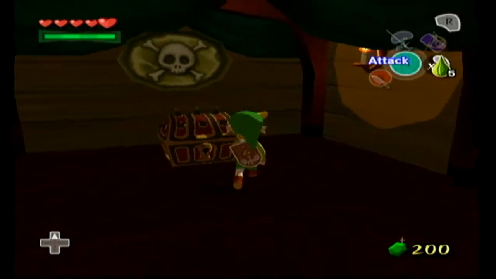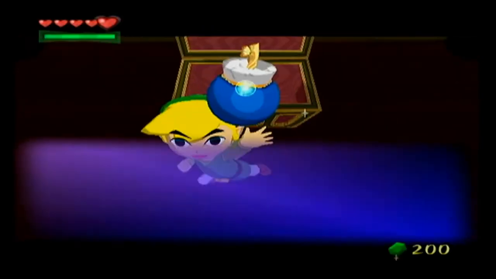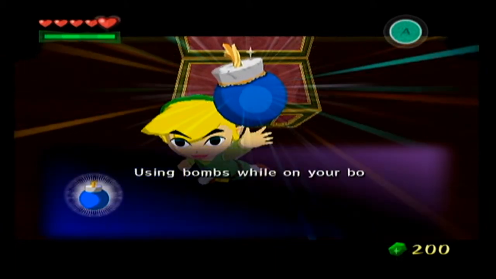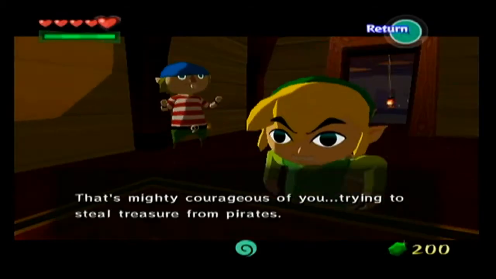Alright, we get some free bombs. That was the item that I referred to earlier. Bombs are extremely, extremely useful in this game. We'll be using these throughout the whole game. If you played a Zelda game, you know what bombs are capable of. If you use the bombs on the boat, like it's saying right now, it actually turns...